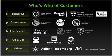That's actually a great question. So if you look at this, the list of industries that you see here: higher ed, government, life sciences, oil and gas. We have customers in each of these spaces that are deploying GPUs to scale. In fact, in oil and gas, you'll find that some of the data centers in that space are larger than some of the largest supercomputers in the world, and they're powered by GPUs. I can't get into more detail on that because that's a source of competitive advantage for them. But you can imagine that in life sciences, particularly in the one that overlaps with higher ed, Amber and NAMD drive large deployments, and government is one of the largest